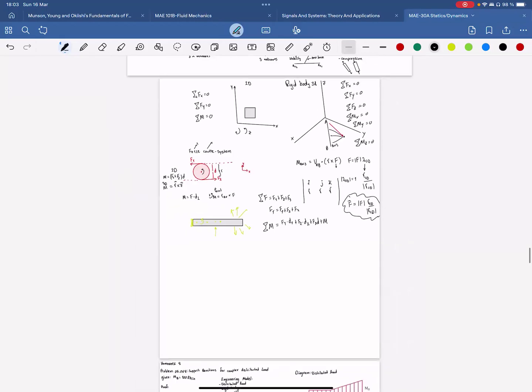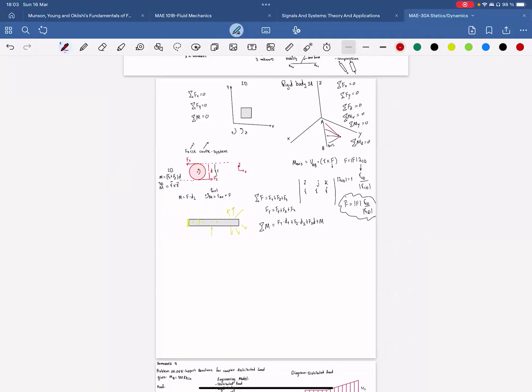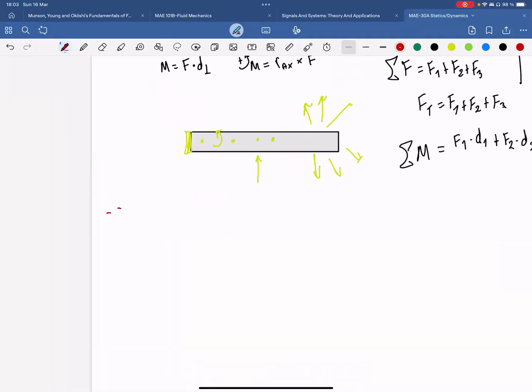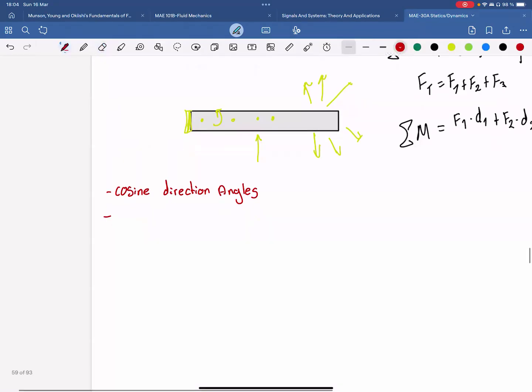I also skipped important things that I would have liked to say at the beginning, but there are topics that I skipped, which are cosine direction angles. Cylindrical, what's the name? I forgot. Yeah, my bad. So it's cosine direction angles and cylindrical coordinates. Both